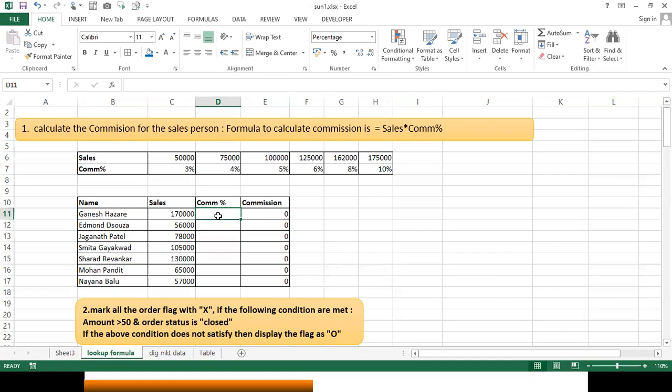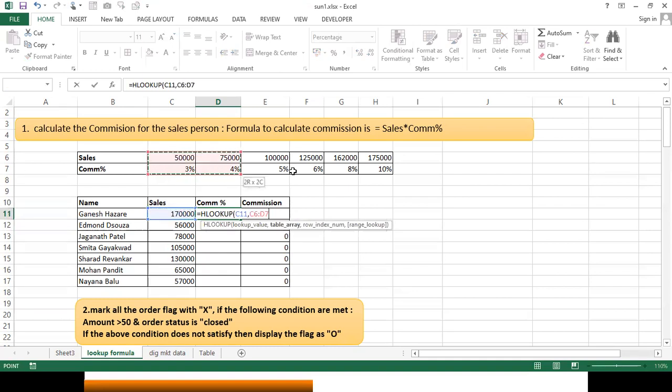So here comes a trick again. I'm going with HLOOKUP, because the table is horizontal. I want to refer to this value in this case, comma. What is the table?